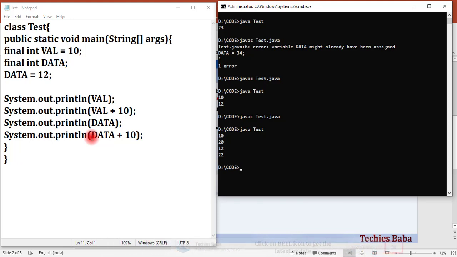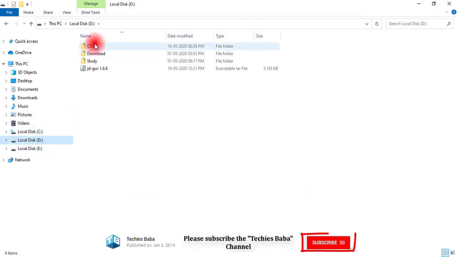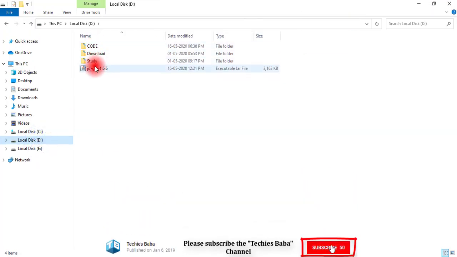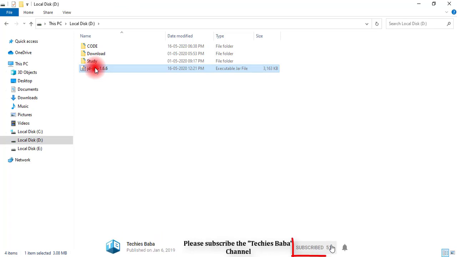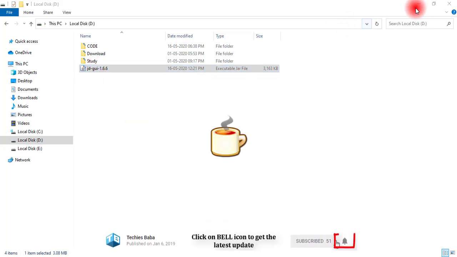Now what makes the difference? What is the difference in these two statements? You can use some decompiler to see the .class file code that your compiler has generated. So we are using a decompiler.